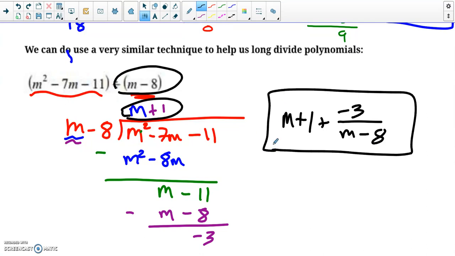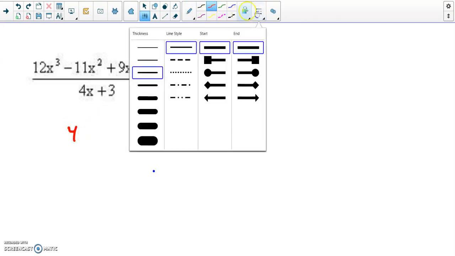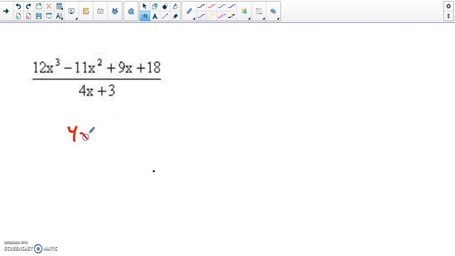Okay? Let's scroll down and do another practice. Or excuse me, flip the page. Okay. So this one's written a little different, but it's still the same idea. We're taking a polynomial and we're dividing it by another polynomial. Let's write our setup here. So we're seeing how many times 4x plus 3